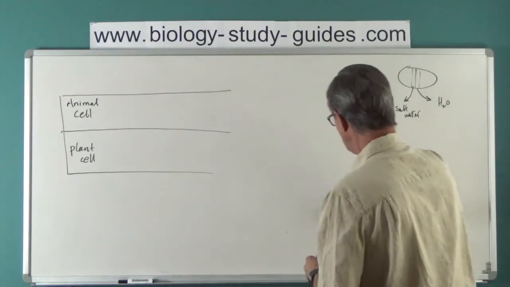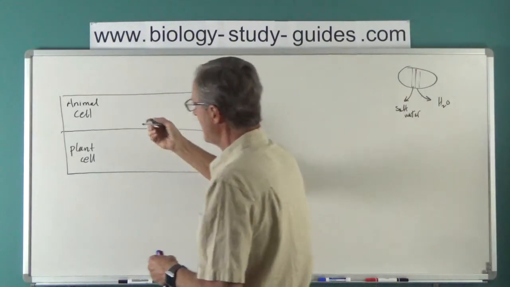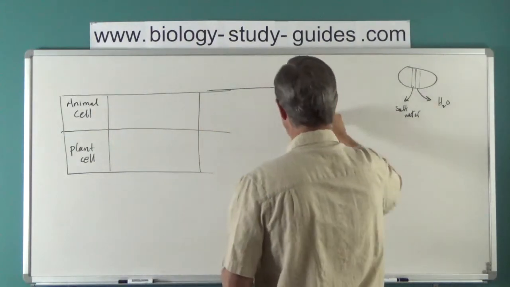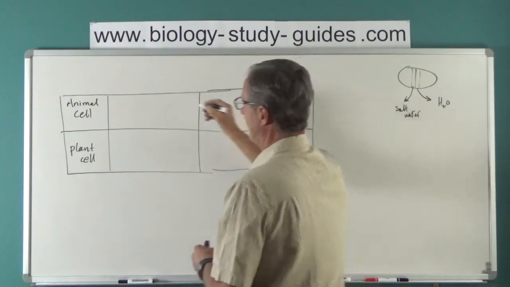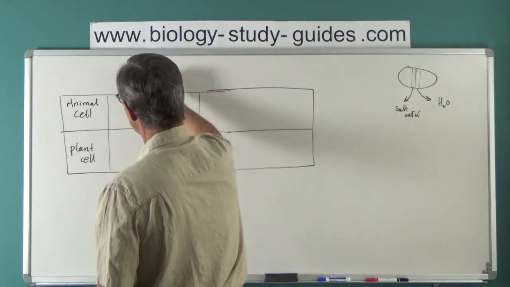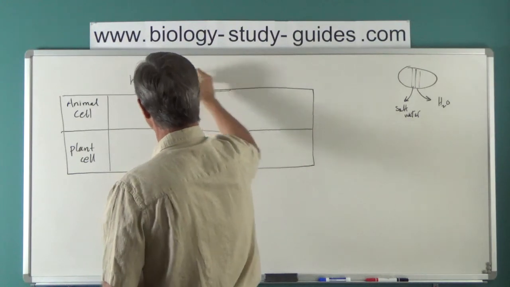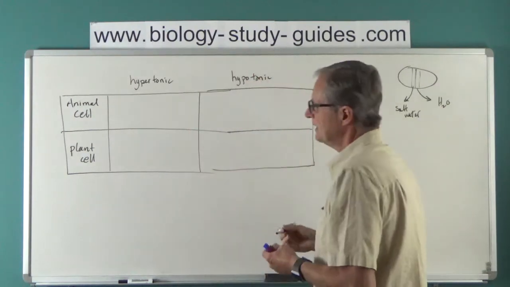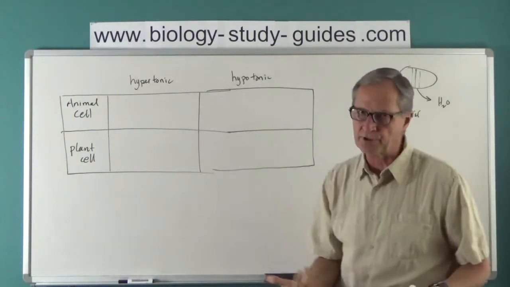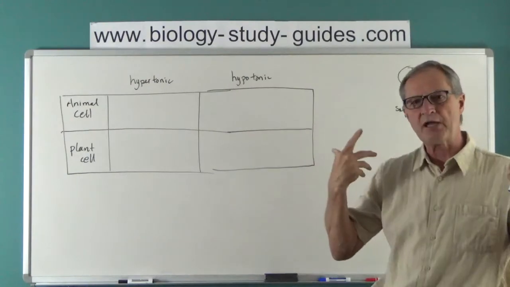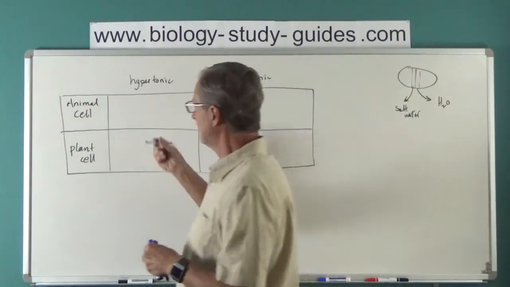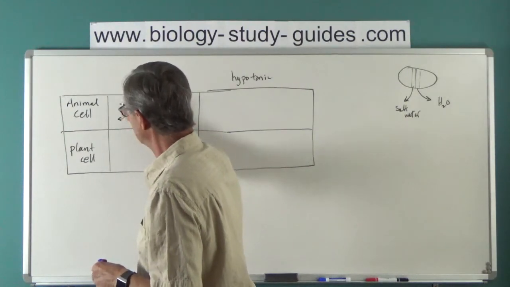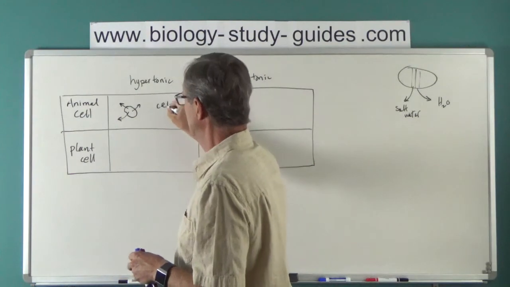And we put these two cells in a hypertonic solution and a hypotonic solution and look at the differences between the effects. So if we put an animal cell in a hypertonic solution, that means we put the cell in something which causes it to shrivel up, because it's this picture here where we draw water out. The cell shrinks